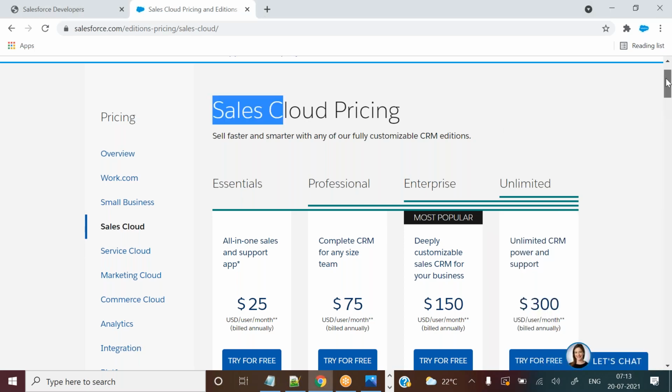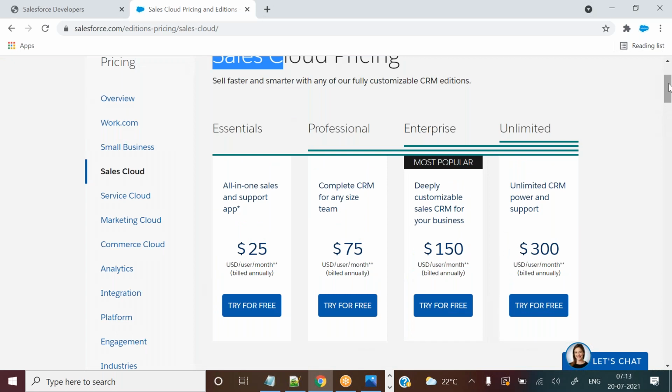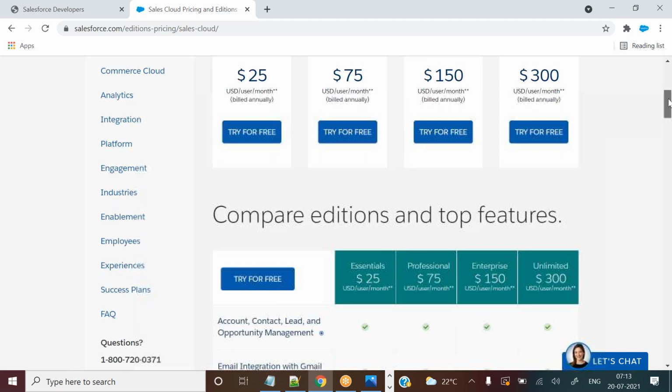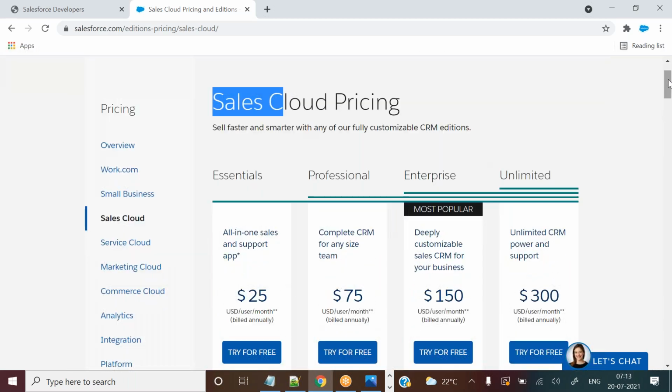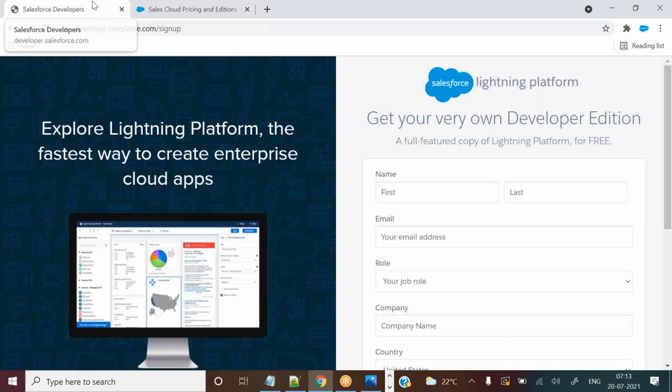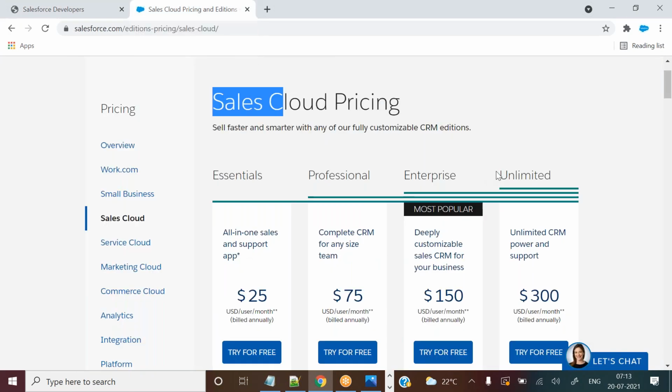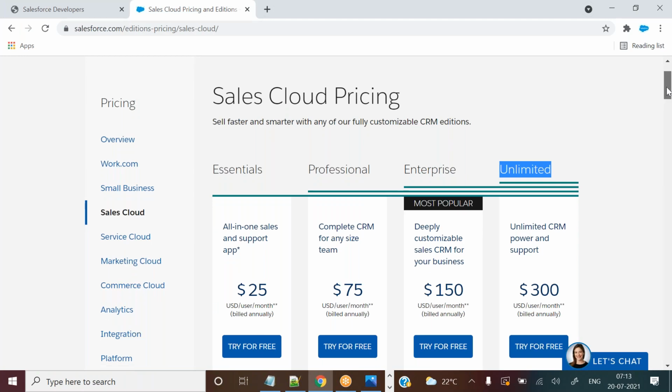So now we don't want any paid licenses. What we want is a free license. Well, no need to buy a free license. What I'm going to show you is the way to create a free license. Salesforce will provide all the features. See, this is the highest edition, guys. Unlimited edition is the highest edition, and it has every feature.